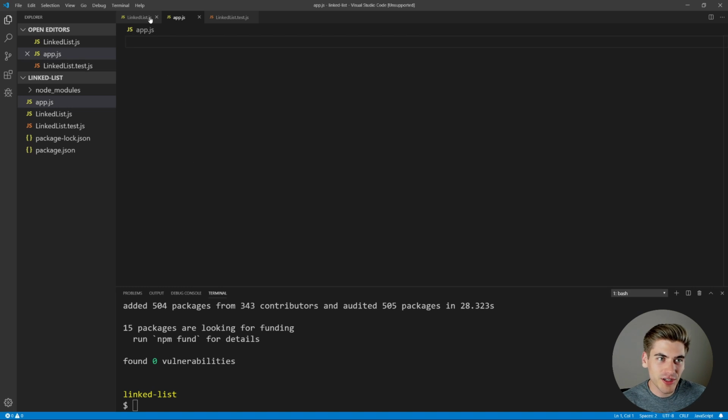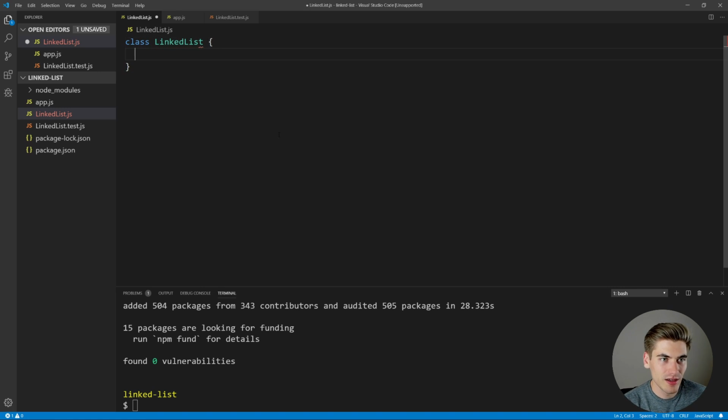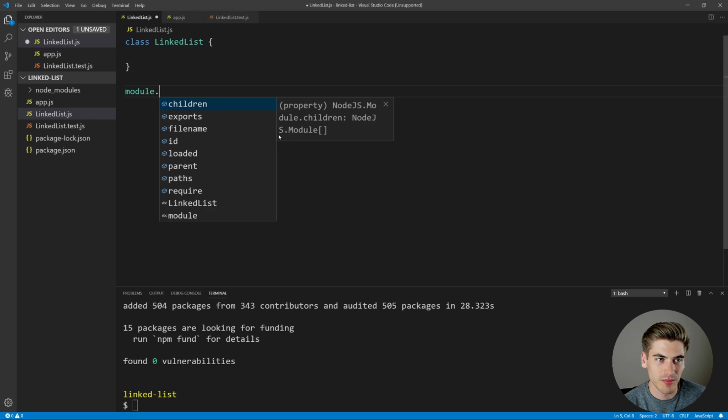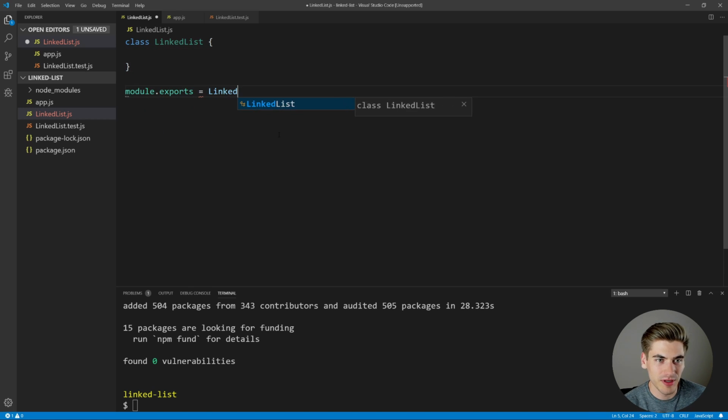Okay, so this has been a lot of talking, and we're finally going to dive into the code. So the first thing we need to do is create a class for our linked list. So we'll just say class LinkedList, and inside of here is going to be all of our code. And let's just make sure that we export this. So we'll say module.exports is going to be equal to LinkedList, just so we can access this inside